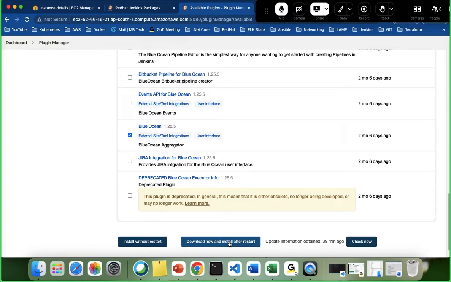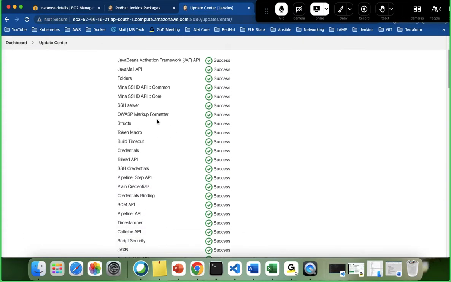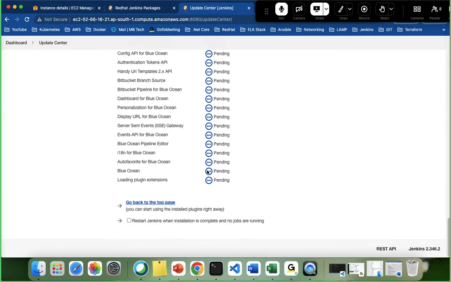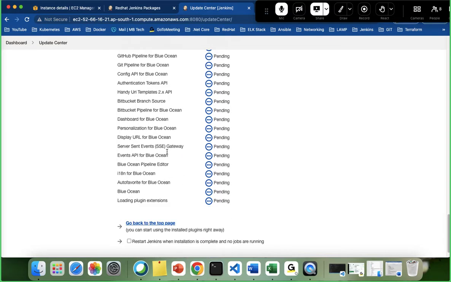You should not do that. Now I can just use install without restart. I'll not restart the server, but the plugin will be installed. Now you can see here, wow, success, everything is success, but a few things are pending to be installed. So it will take a few seconds to install all these